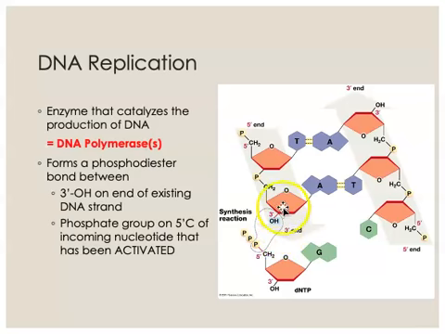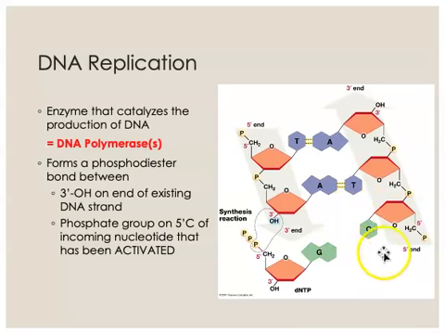Here's my 3' carbon sticking off with the hydroxy group. That hydroxy group is a functional group. It's reactive. So the DNA polymerase enzyme is going to attach a new nucleotide right here. Here's the new nucleotide. Here's the one that's coming in. It's got a sugar. It's got not one phosphate group, but 3 phosphate groups. It has been activated. And it's also got a base. And this base happens to be a G, because the DNA polymerase enzyme needs to match it with this C